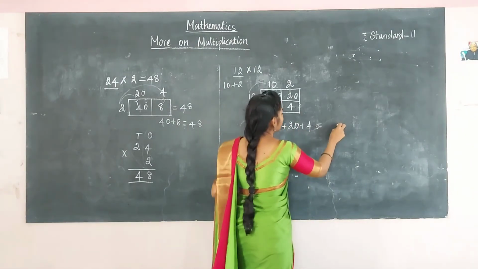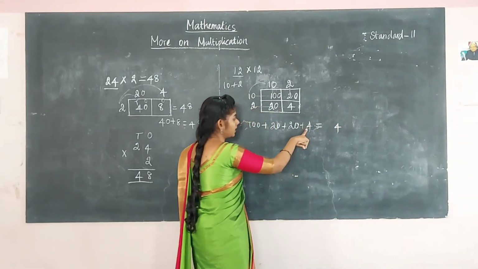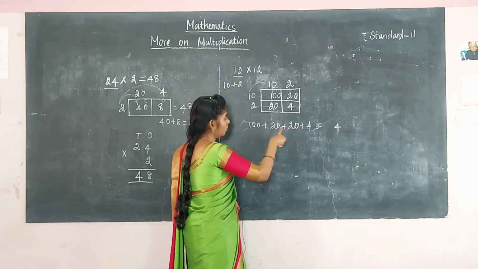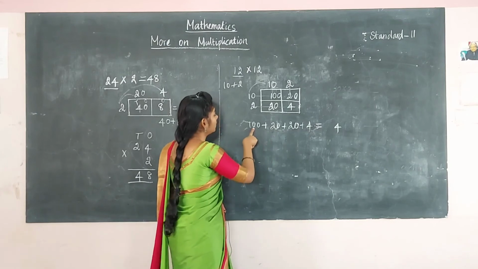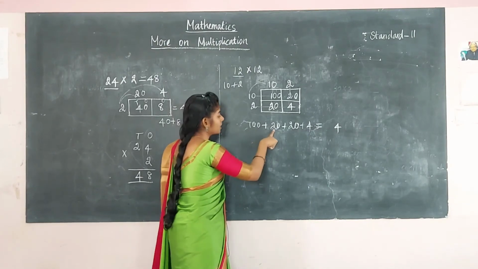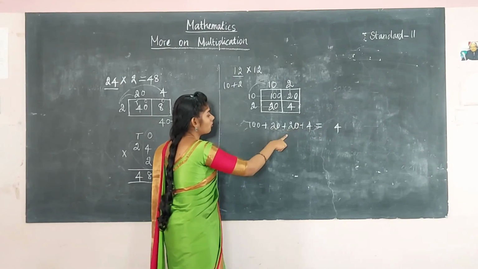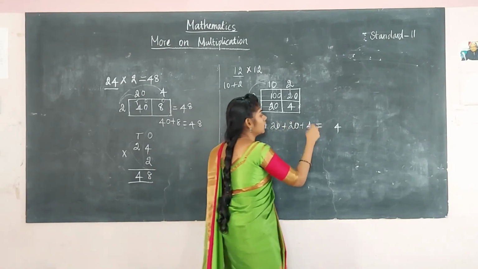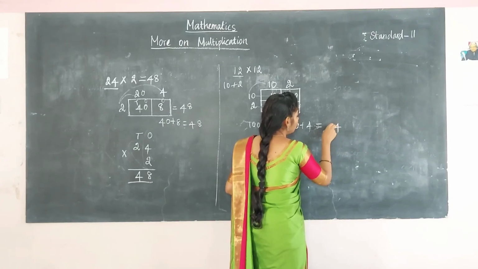So in the ones place it will be 4, and here there is no tens place. Here the tens place is 2, here the tens place is 2. So 2 plus 2 is 4, and here in the tens place 0. So in the tens place what will be there? Here we have got 4, no? 2 plus 2 is 4 and here 0 is there. So the answer will be 4 plus 0 is 4.